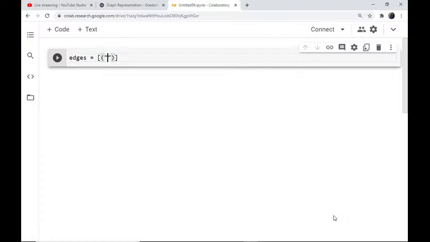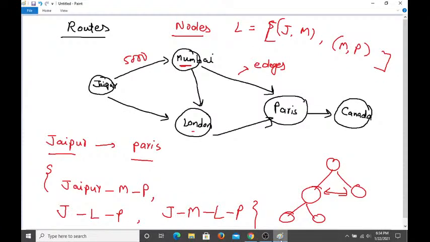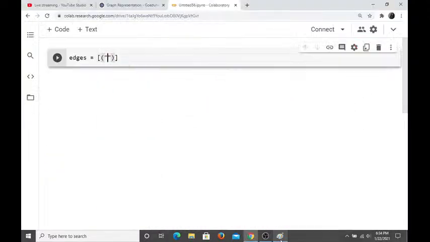So I can write like this, the cities I have taken: Jaipur, Mumbai. All the possible combinations I'll write. Jaipur, Mumbai, and then Jaipur, London. First is this, and the second collection is